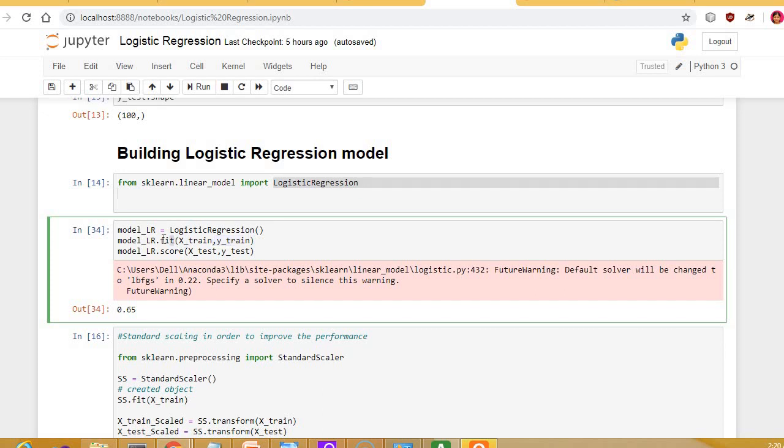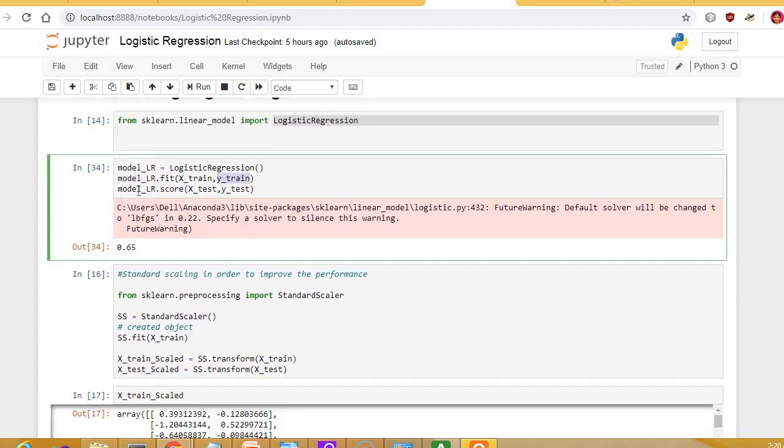See, fit is for training purpose. So we are going to pass x_train and y_train. Why are we giving y_train also? That is for learning purpose. But when we test, we will not pass y_test, because we need to predict something. So here fit is for training purpose, and we give x_train and y_train.